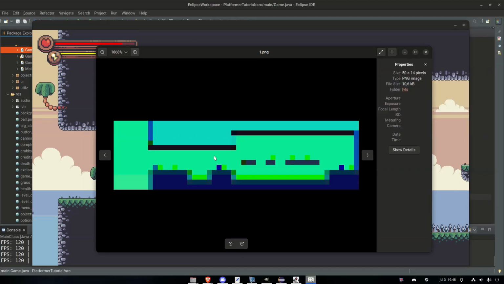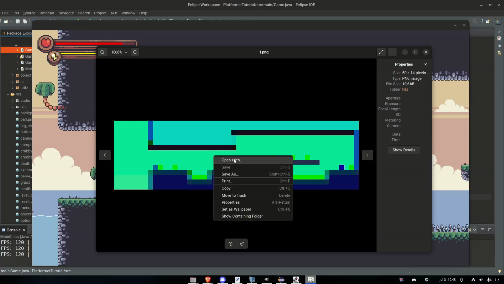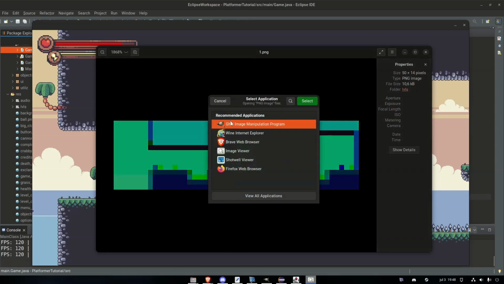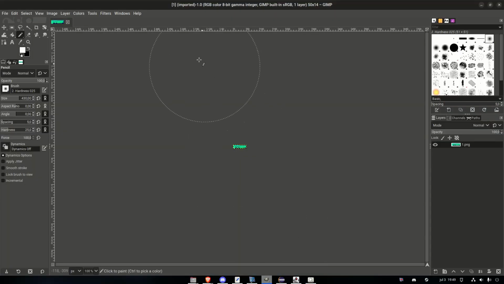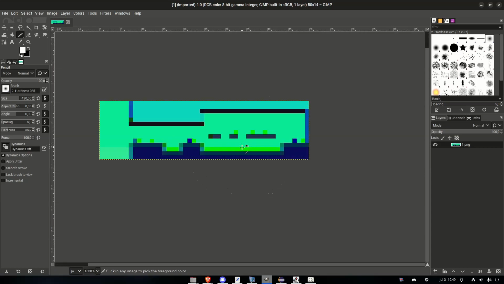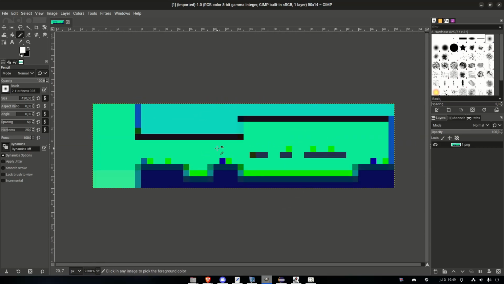So to change or edit it, we need an editing software. And there are plenty of ones out there. I'm using something called GIMP or GNU Image Manipulation Program. GIMP in short. And it's my go-to. It's free. It's open source and it does what I need it to do. It's like a lighter version of Photoshop. And of course you can use Photoshop, you can use Paint, any type of editing software that you are comfortable